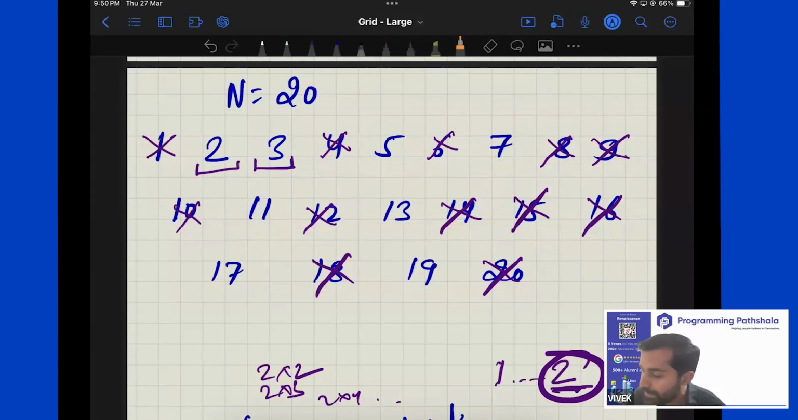So now when you land at 5, you say that, hey, 5 is not cut. So definitely this 5 is a prime number. And now I'll cut all the multiples of 5. So what are the multiples of 5? 5 into 2, which is cut. 5 into 3, which is cut. 5 into 4, which is cut. And then 6 is cut, it is composite. 7 is not cut. So it is guaranteed that 7 is a prime, and I'll cut all the multiples of